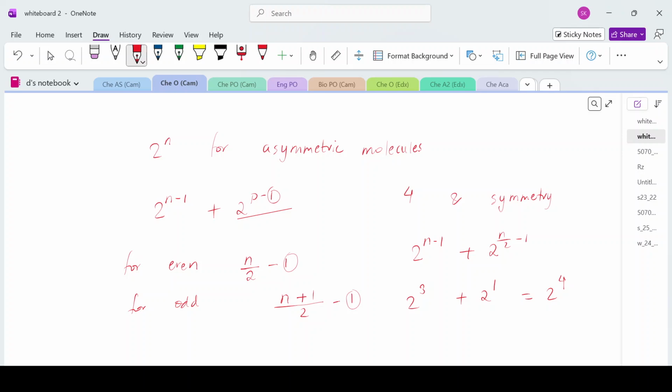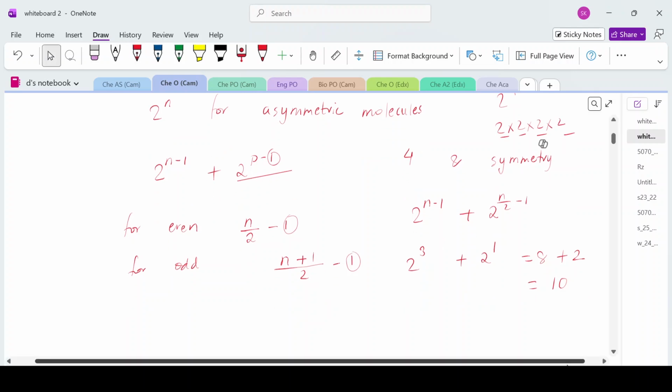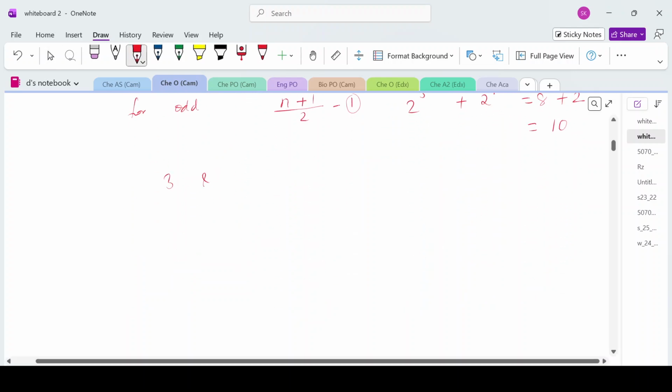তাই কি হইল? কি ভুল করলাম? Oh, wait. No, it's 2 to the power 3. 2 to the power 3 মানে হচ্ছে 8 and 2 to the power 1 is 2, so total 10. অথচ যদি ডাইরেক্ট 2 to the power 4 দিতাম তাহলে কি হতো, 2 into 2 into 2 into 2, so 4, 8, 16 হতো, significantly কমছে।